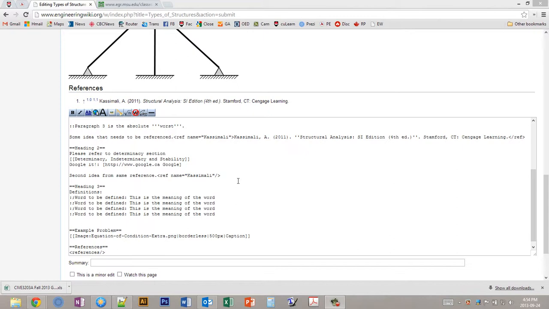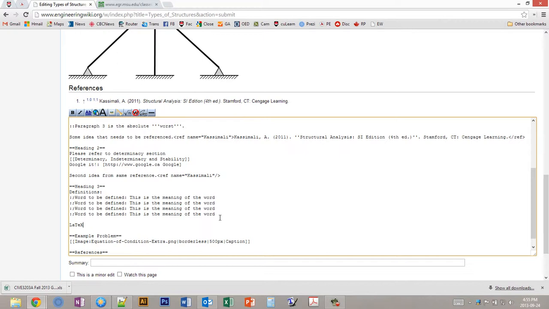So math in this wiki is done using an extension that takes care of the math using a LaTeX math type editor. And what does that mean? How do you spell that? Well, LaTeX is spelled L-A-T-E-X. Looks like latex, but it's pronounced LaTeX with a C on the end. And this is a very powerful tool. It's for typesetting all sorts of documents, but in specific, it does a very good job of typesetting math in